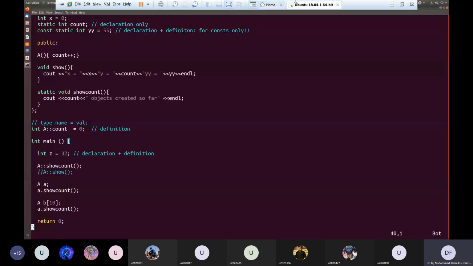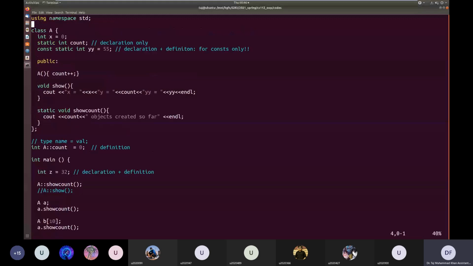For example, you can answer the question while I do this. In the static member function, I'll try to print x, where x is a normal variable.